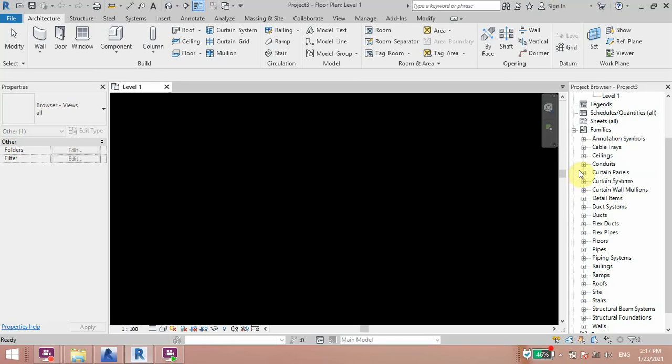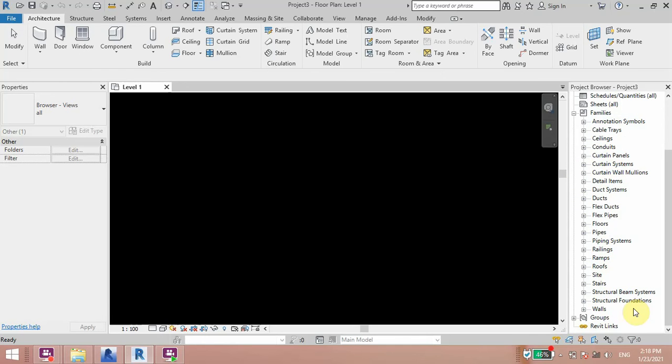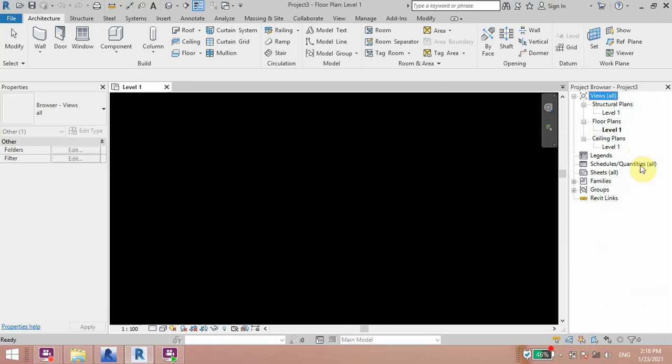In Families there are so many families available. These are all default families like roofs, ramp, railing, pipes, floors, duct. This is a system family, and the final one is Group. It should be a detail group or model group, and the last one is Revit Links.